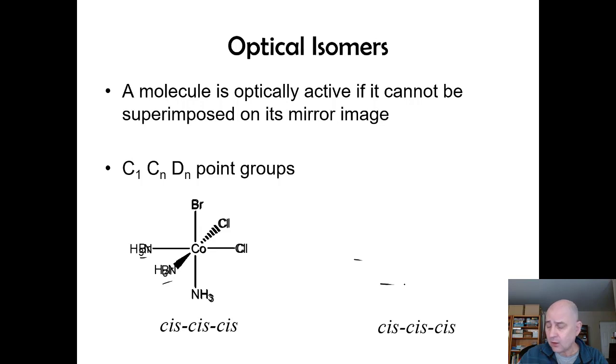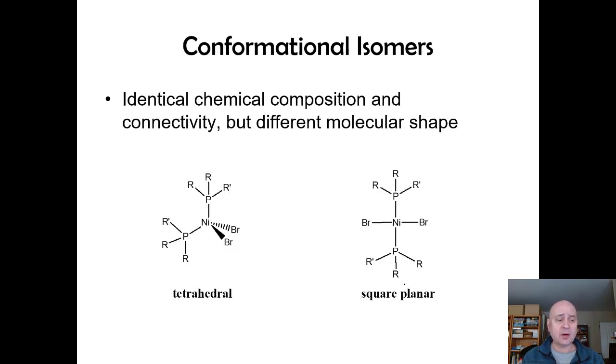All right, so let's go through some other types of isomers that you might encounter that you should remember. So we have these conformational isomers. I already mentioned that if you had nickel for 4 coordinate, you can have either tetrahedral or square planar. So consider that. The same is true for trigonal bipyramid or coordination number 5 and square pyramidal. Unless I specify, you need to not assume that it's only trigonal bipyramidal. But if you have 5 attached, you should draw a set of isomers for trigonal bipyramidal as well as square